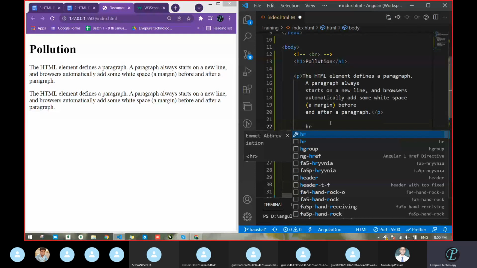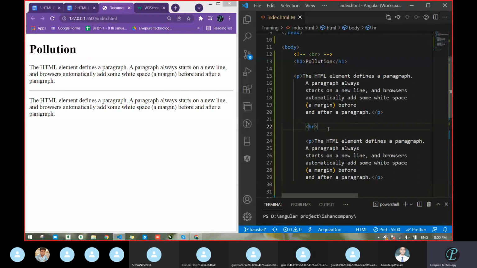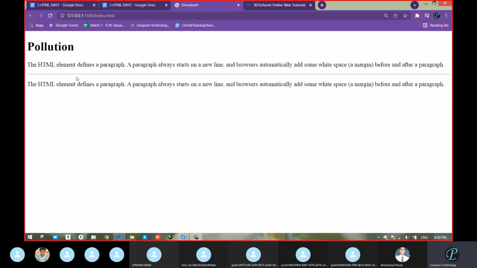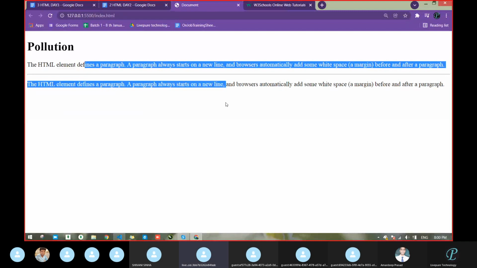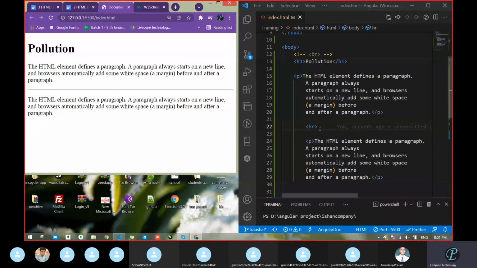There is one tag. Hello. Yes, sir. Okay. So we have to draw one horizontal line for the separation of the upper and lower paragraph. So how will we do it? There is one tag for a horizontal line. That is the HR tag. That I am going to put here. I have put the HR tag and let's save. See. Okay. There is one separation line. Is this visible? Yes, sir. So with the help of the HR tag, we draw the line for separating purposes.